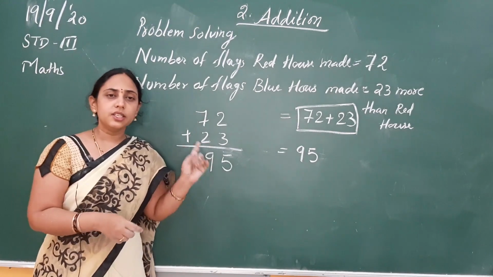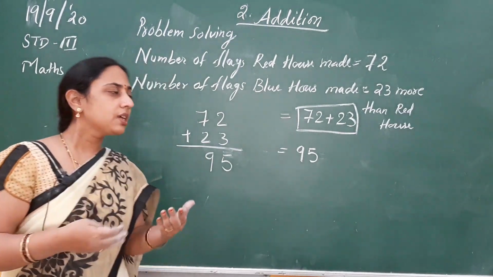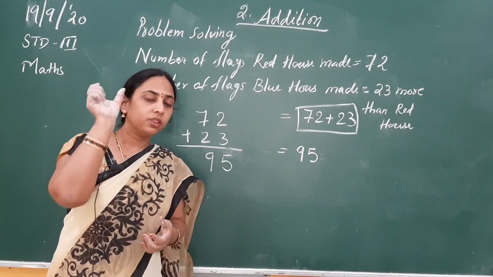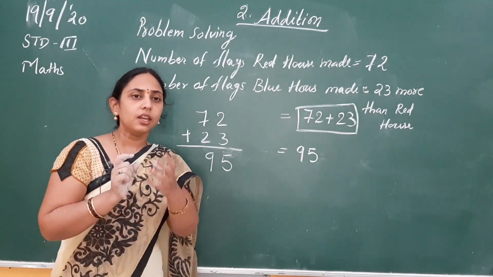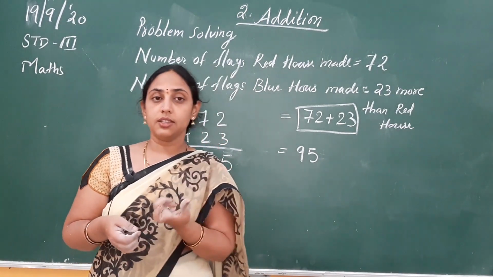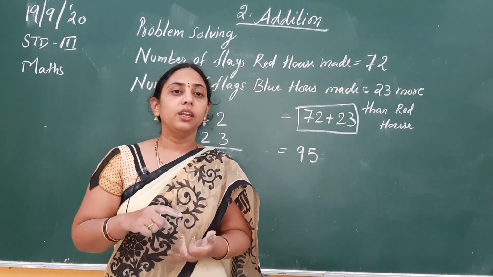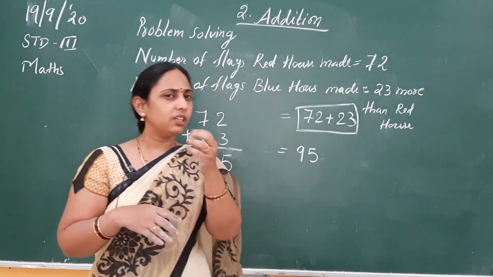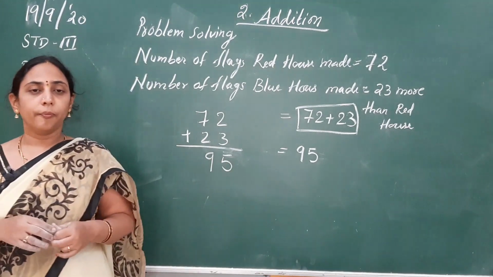Clear beta? This is how we will solve whenever we have step problems, using the different steps. And when we have the words "more than", that means we should always go with addition. Then there are typical words. Just by reading these words we should understand that they are asking for addition, like "more than", then "in all", that means the total, like that. Whenever there are particular words we should understand that they are asking for addition, right?